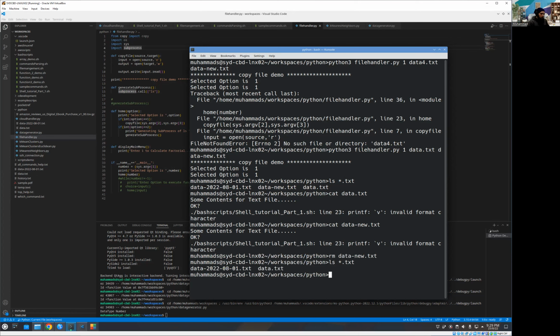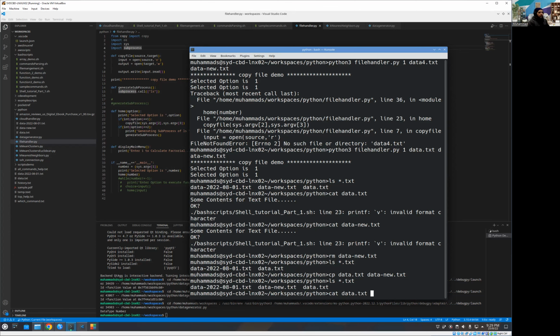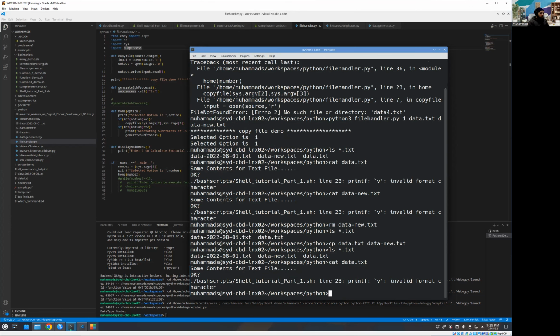But now what I'm going to do is use cp, which is the built-in command, and I'm going to do exactly data.txt to data-new.txt. Exactly the same. The only thing is that this is now the built-in command. Okay, now if I go and see it, yeah, we have the new file. And I'm going to do one more time, cat data.txt, yeah, and cat